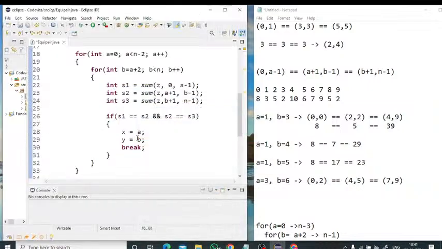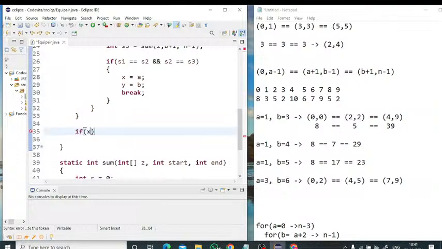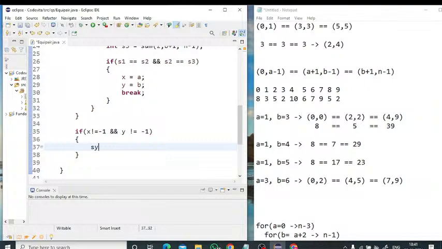So I declare this one here. If x is not equal to minus 1 and y is not equal to minus 1, I print the answer like this: the x value, comma, the y value, and in parallel I need to print the values of